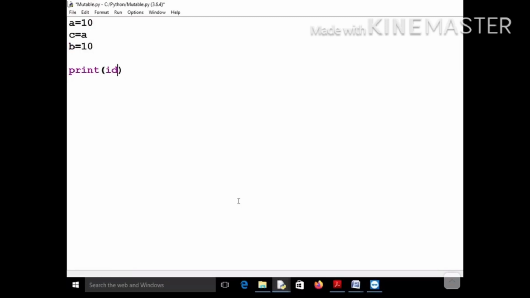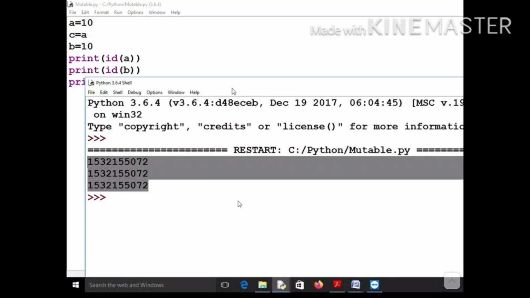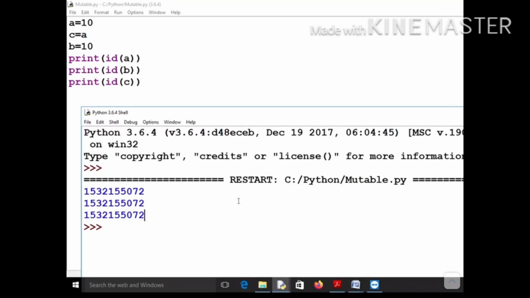Okay, so let's try to print the addresses of A, B and C, and let's see what output you get. And you can see that all these three are the same. The ID of A, the ID of B and the ID of C, all are the same.